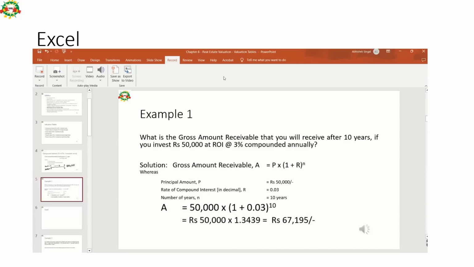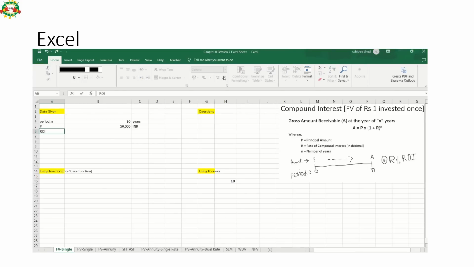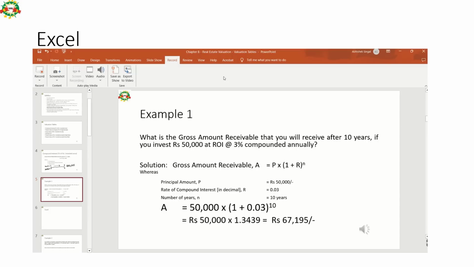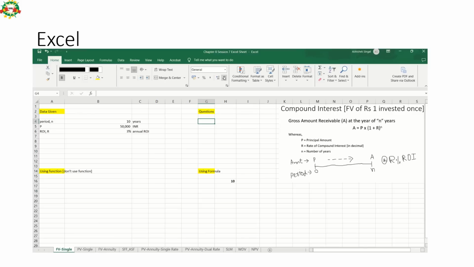Then third is rate of interest, which is R, 3%. And one ROI. Now what is the question? Gross amount receivable, so future value. Future value is to be calculated. So now we know the formula